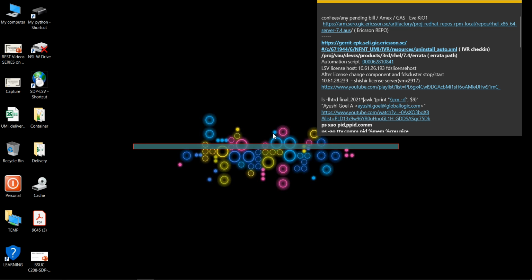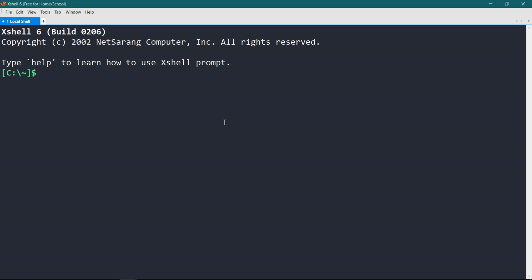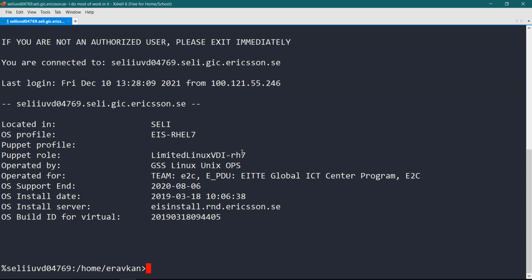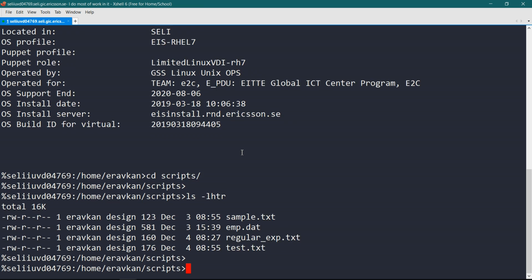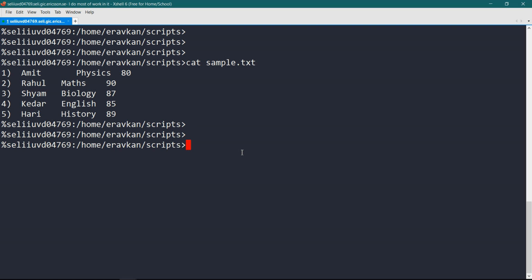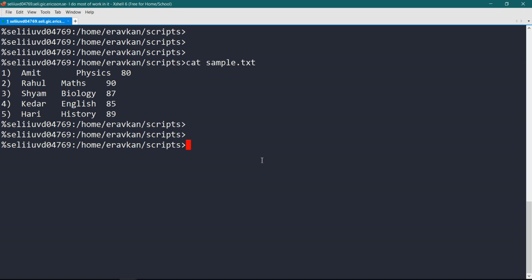Let me go into the terminal. Okay, so this is my screen. Let us see first how we can run awk as a sample program. This is your file sample.txt. I will review again.